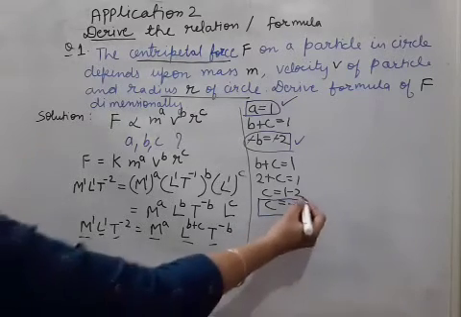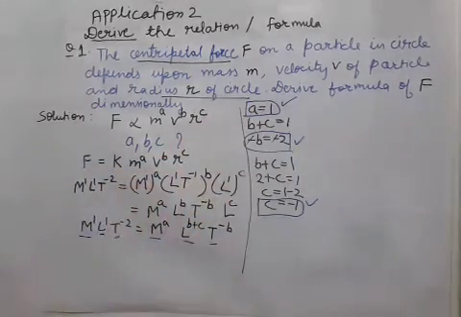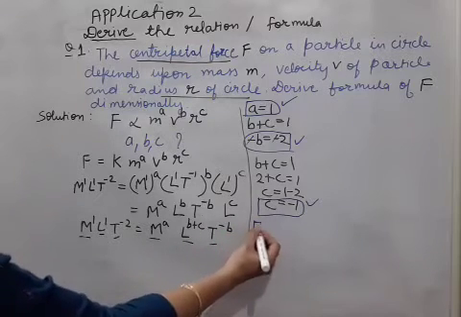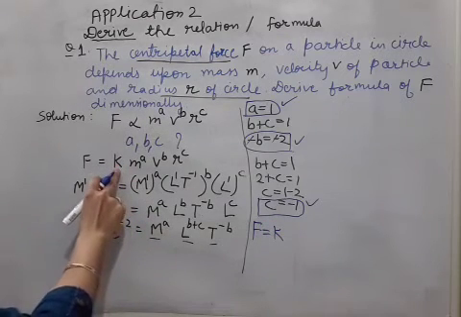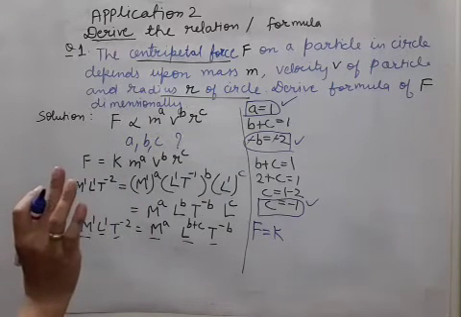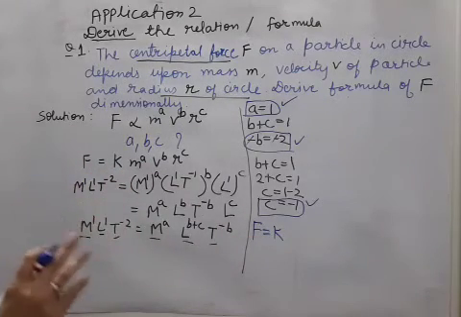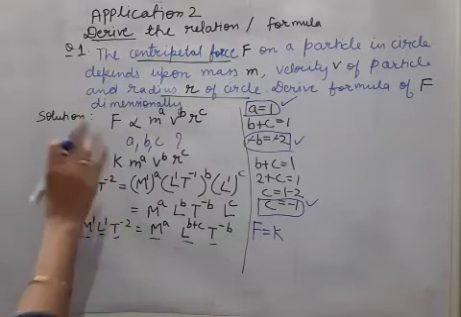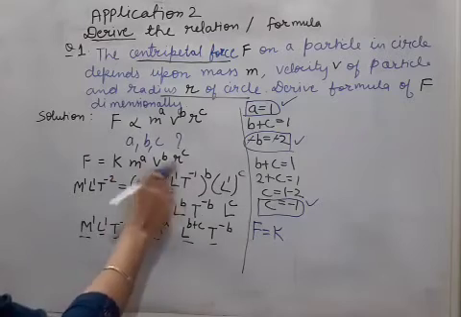After getting the three answers A, B, C, the last thing remaining is to substitute the A, B, C answers in this formula. So, the last answer will become F equal to K. We cannot solve this K; the constant K will not be solved by dimensional analysis. We have to write it as it is in the answer. This is one of the limitations of dimensional analysis: the constant of proportionality is not solved.